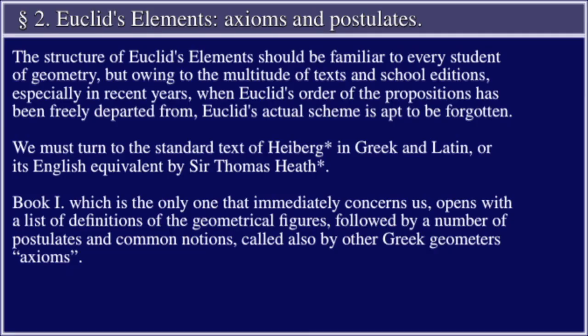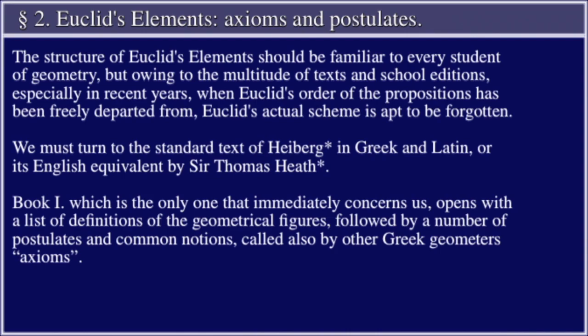The structure of Euclid's elements should be familiar to every student of geometry, but owing to the multitude of text and school editions, especially in recent years, when Euclid's order of the propositions has been freely departed from, Euclid's actual scheme is apt to be forgotten. We must turn to the standard text of Heiberg in Greek and Latin, or its English equivalent by Sir Thomas